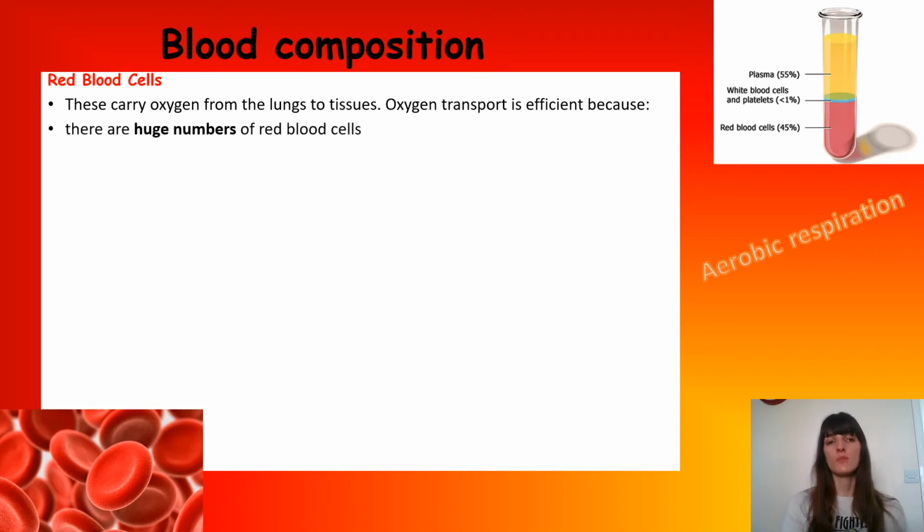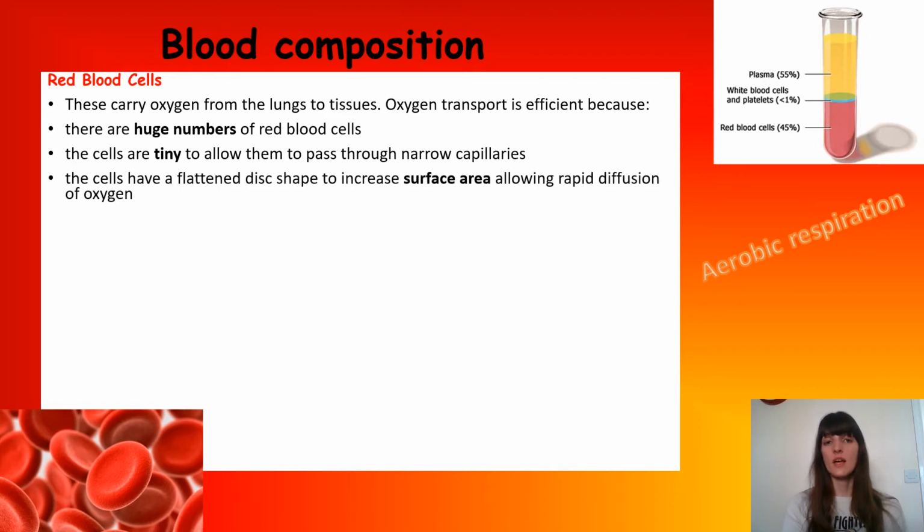Oxygen transport's efficient because there's loads of red blood cells in your body. The cells are really tiny, which means they're able to pass through capillaries. Capillaries will be in the next video, but they're just blood vessels in your body that go to all of your cells and tissues. The cells have a flattened disc shape to increase surface area, allowing a rapid diffusion of